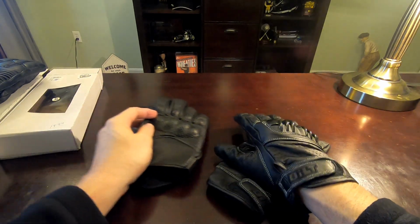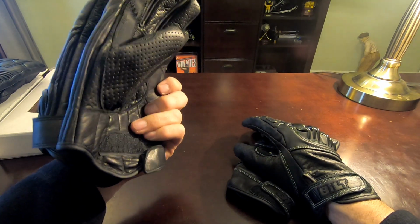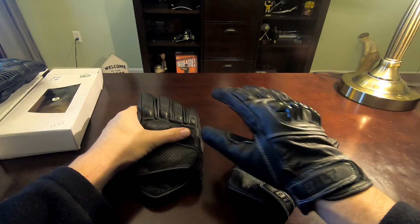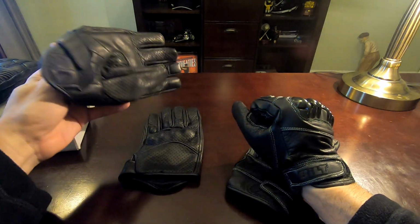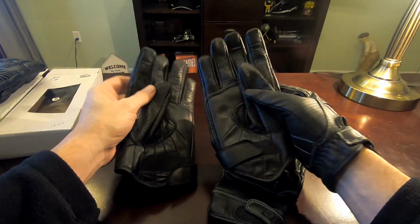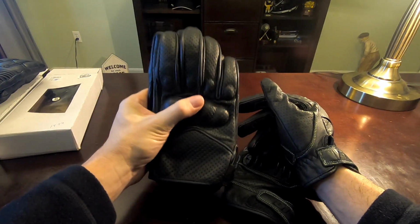And these gloves are $24 compared to the Viking Cycles, which are nice gloves, for $19.99. In the case of these gloves, I would probably get the Built gloves, but there's not a lot of difference. I mean, these gloves are very well made. The touchscreen does work. I verified that on my bike. So again, if you're out looking for gloves, you're not going to go wrong with these